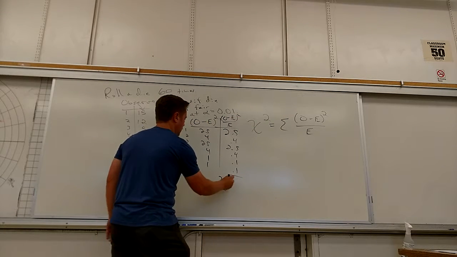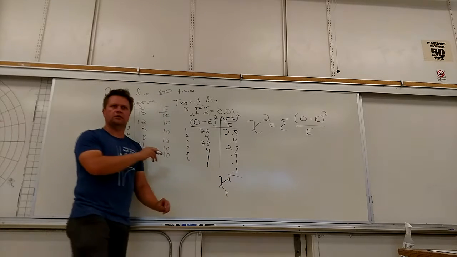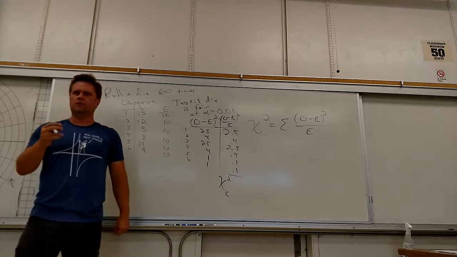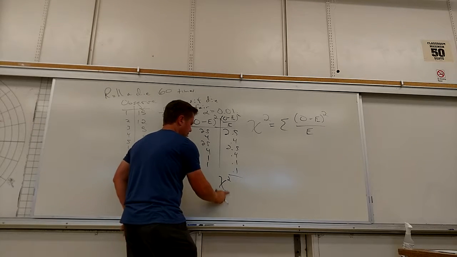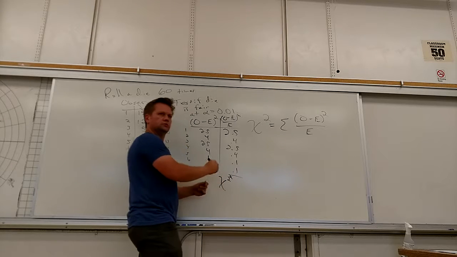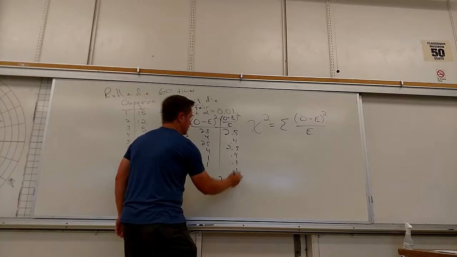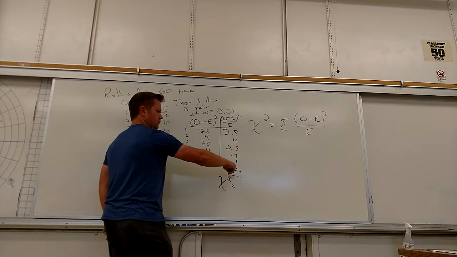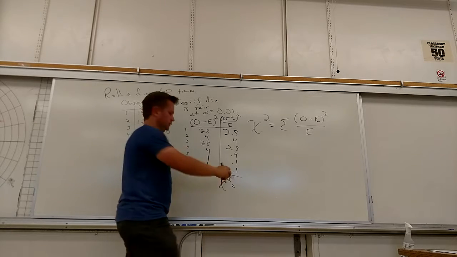I said it was chi-square critical because I don't want to put little stars. I'm going to do what the book does. It's called a chi-square. Actually, I don't know what the book says for this, to be honest. But it's going to be like my chi-square star, like z star, right? So this chi-square is going to be used for some of these. So it looks like I get 6.